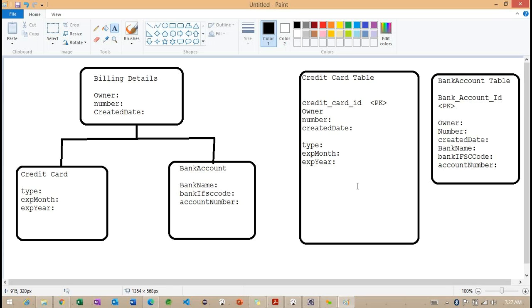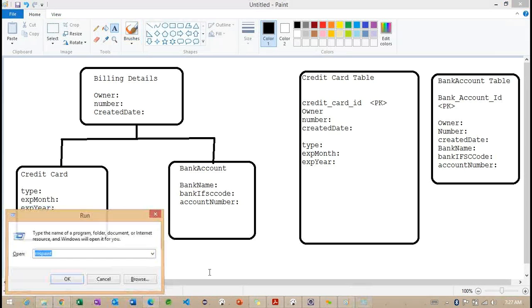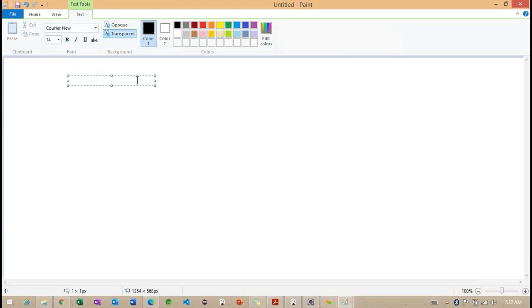So we need to understand, while loading these select queries, what drawbacks we are going to identify here. Let me write these select queries. Here I am trying to write the select queries. If I am going to write the select query for credit card, how are we going to write it? Now understand.